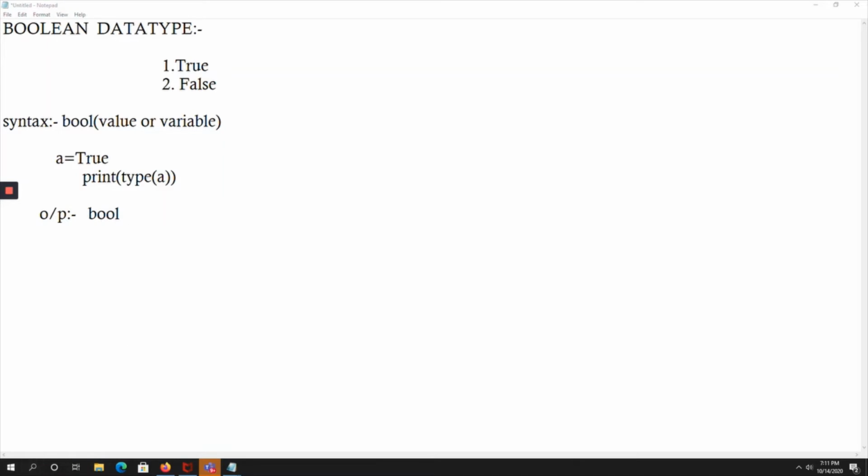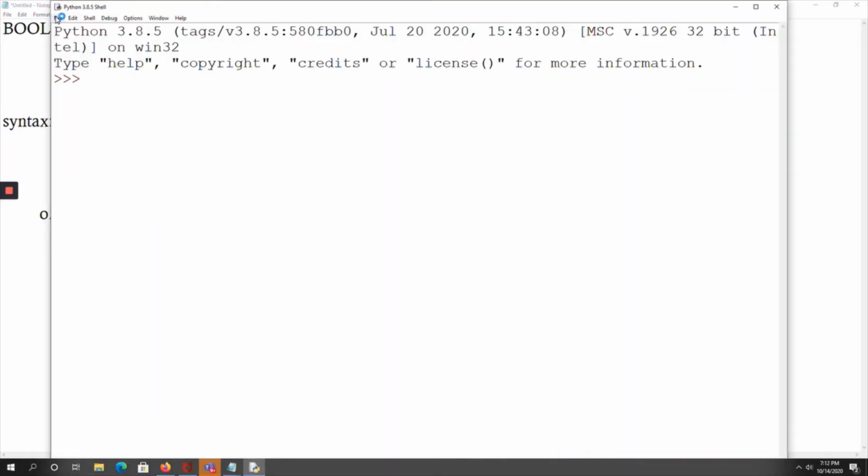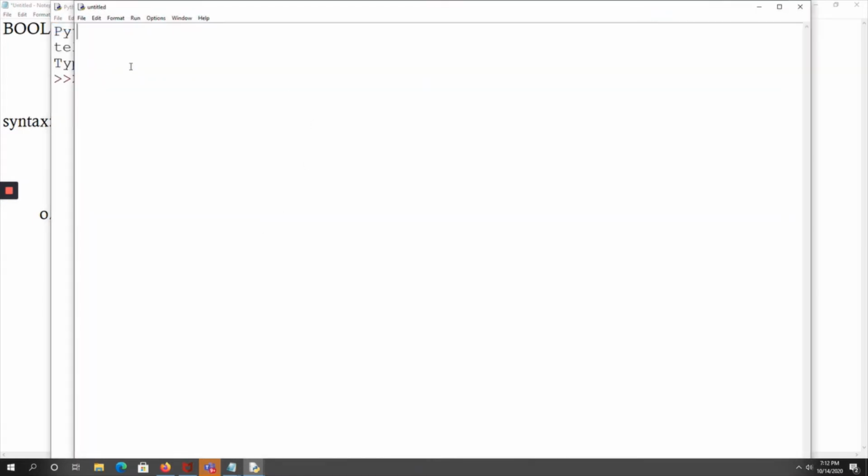Go to new file. Here I am taking a variable a and assigning the True value to it, and I am printing the type of a. That means I want to check the data type of the variable a.